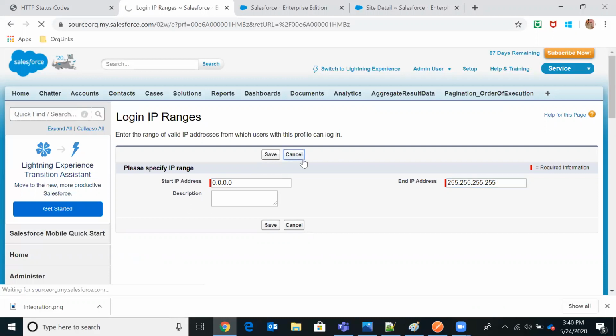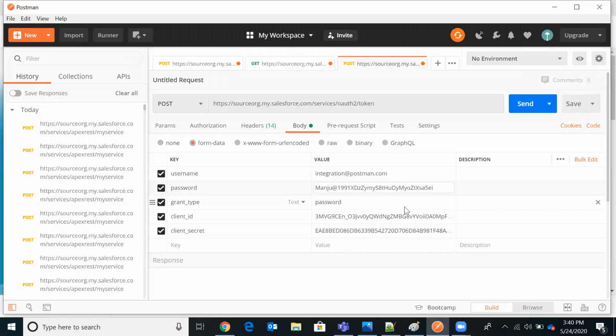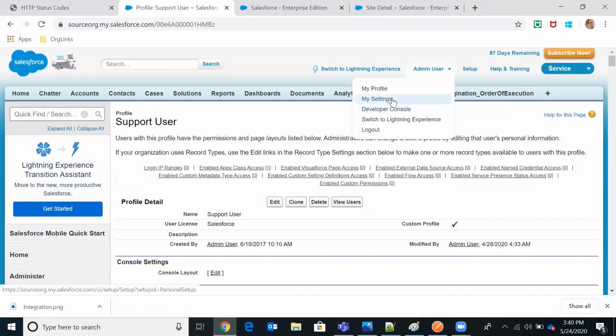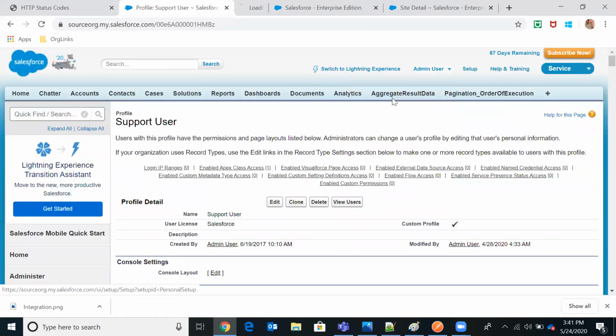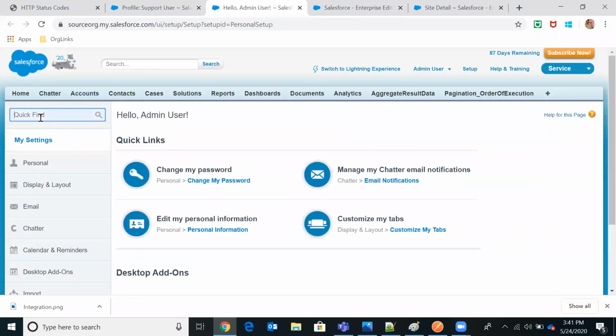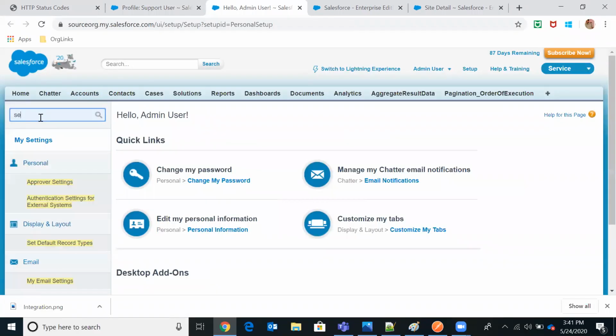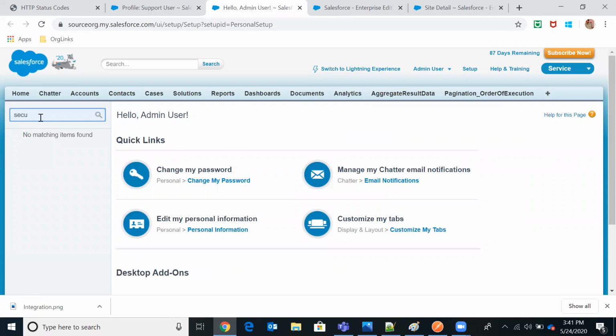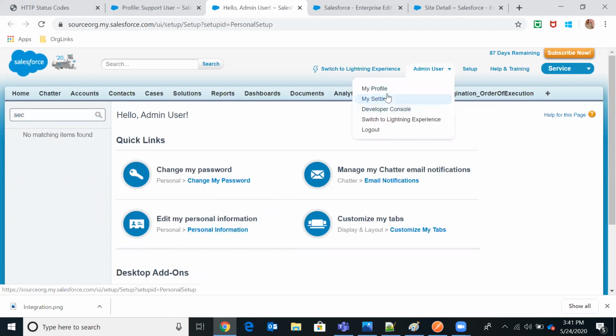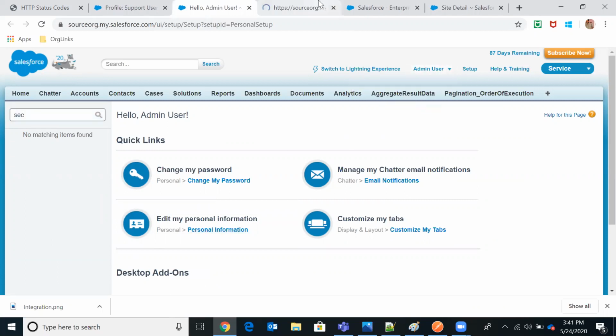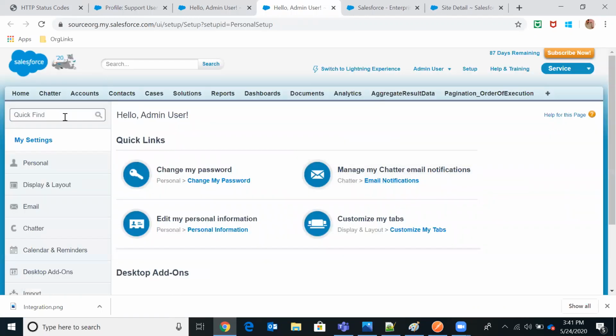When we are doing any integrations, you don't need to get this security token. This security token is generated from my settings. If you go to my settings and type security token, you'll get the security token here. Currently I will not get a security token because for the admin user profile I have added IP ranges, full IP ranges.